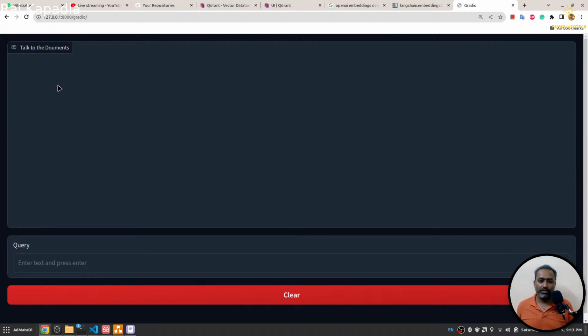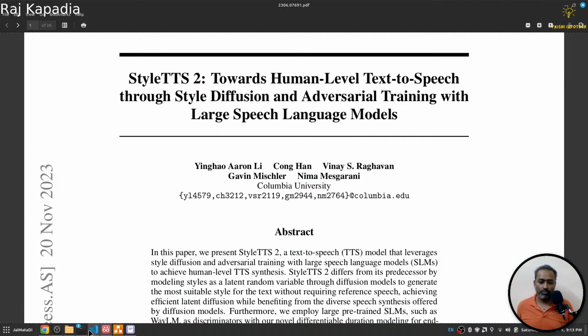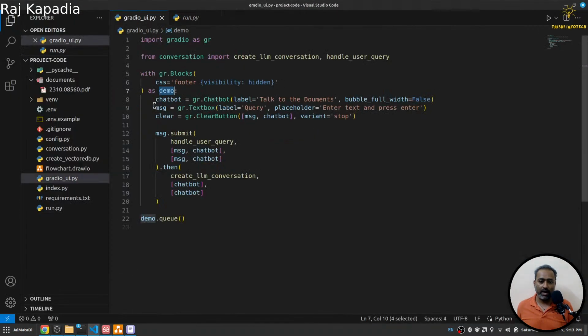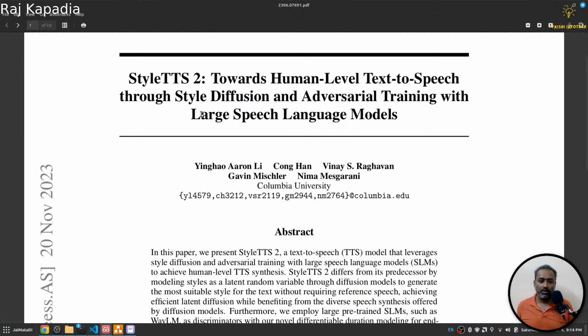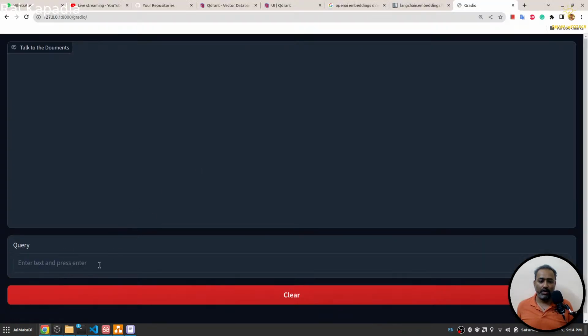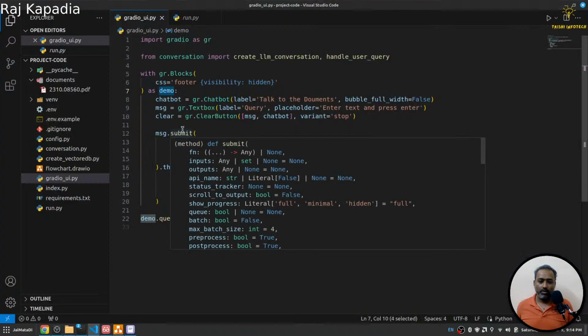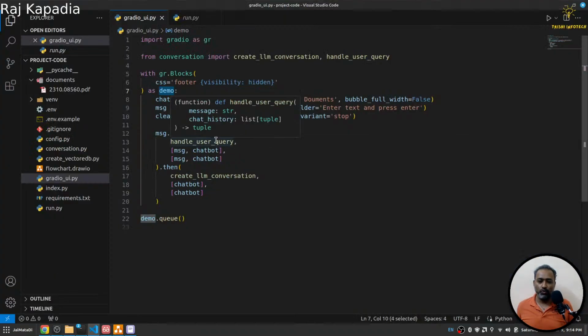So this is our chatbot element from the UI. This is the chatbot element, and this is the message, and this is the clear button. Whenever I write anything here,